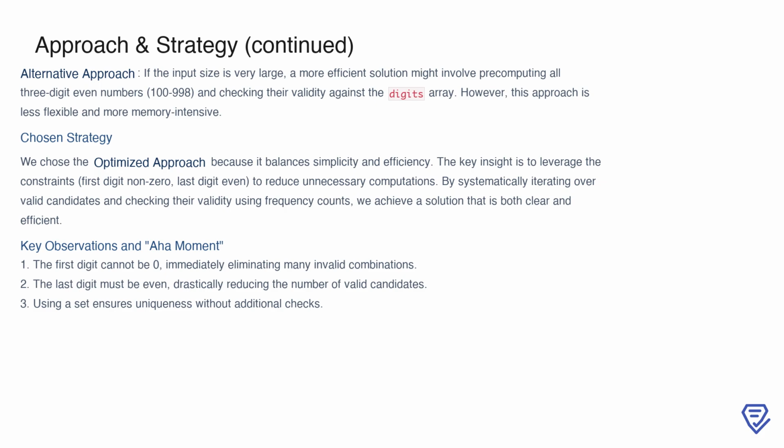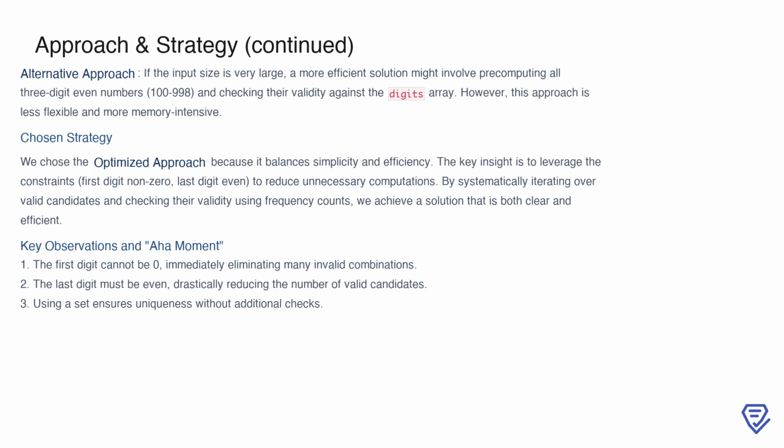After evaluating these options, the optimized approach emerges as the best strategy. It balances simplicity and efficiency by leveraging the constraints of the problem. The critical insight here is to reduce unnecessary computations by systematically focusing only on valid candidates. By iterating over potential numbers and verifying their validity with frequency counts, we achieve a solution that is both clear and effective. This streamlined process allows us to solve the problem without the overhead of excessive memory usage or unnecessary